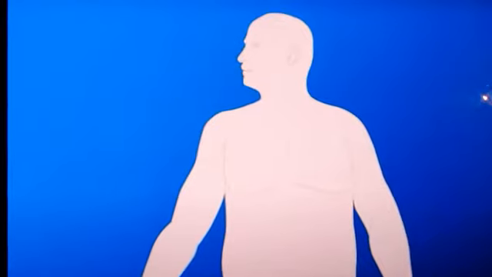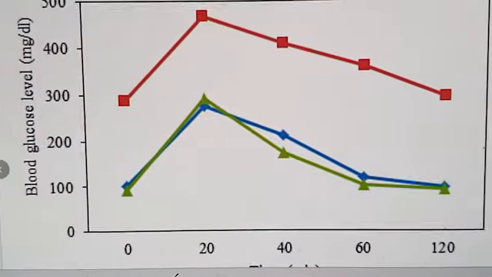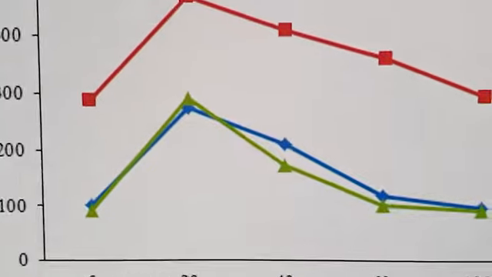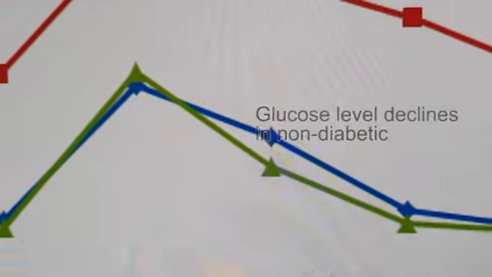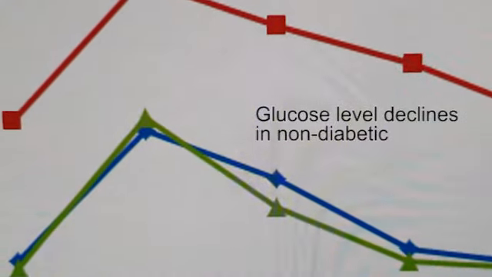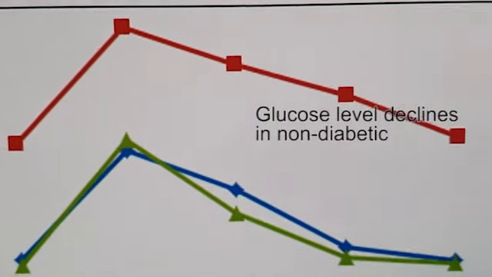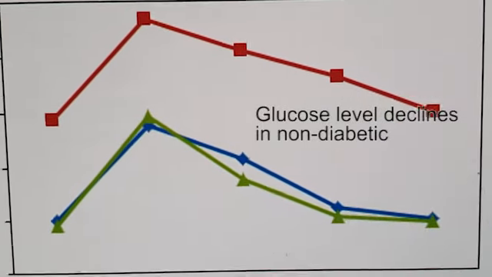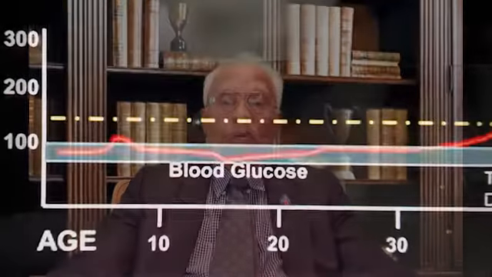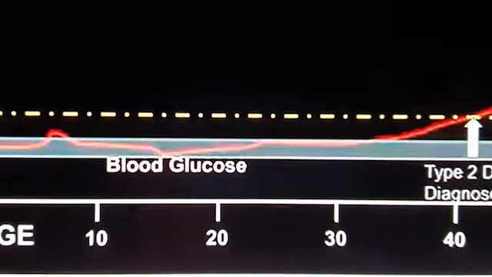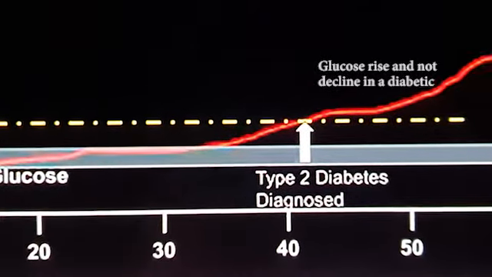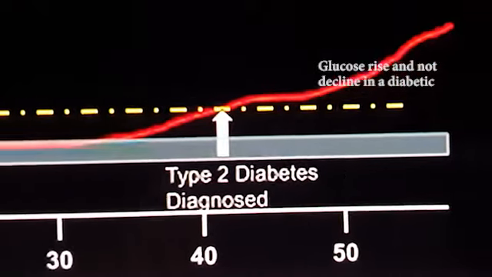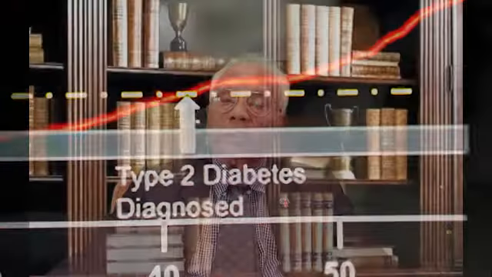After you eat, within about an hour, your blood sugar level rises, and when it reaches a summit up to 140 milligrams per ml in 2 hours, the level gradually declines due to the action of insulin. This is what takes place in a non-diabetic situation. In diabetic situation, at the end of 2 hours, the glucose seems to rise and not decline. This is well shown in the glucose tolerance test done to diagnose diabetes.